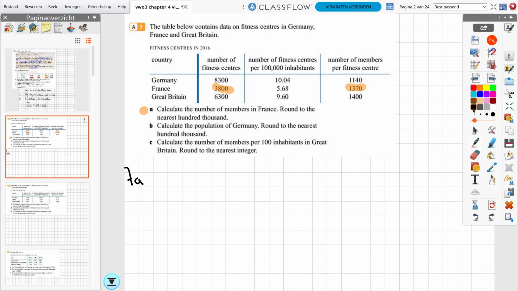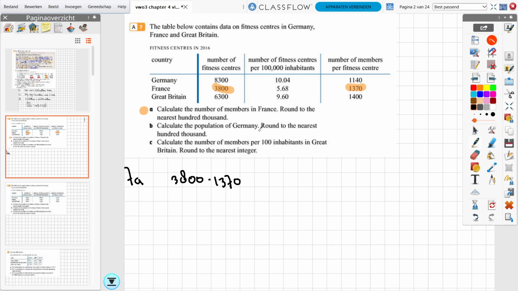So if I now want to calculate the total number of members in France, I can just take that 3,800, the number of fitness centers, and multiply it by the number of members per fitness center. And they want us to round to the nearest 100,000. So if I will punch this into my calculator,